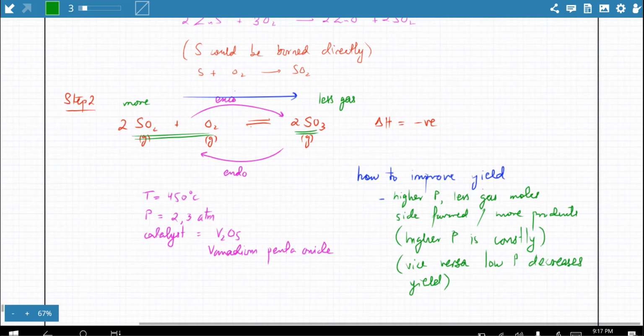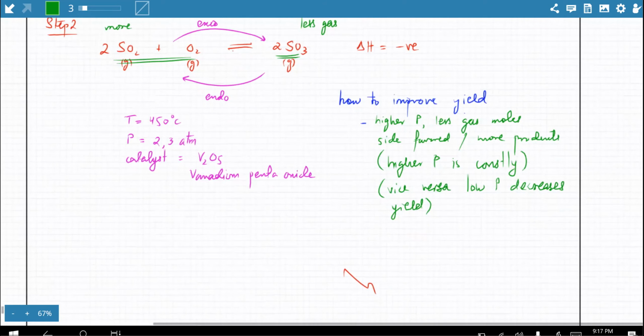The other thing that we could do is we could lower temperature because the forward reaction is exothermic. Okay, it's already mentioned over here. This forward reaction is exothermic. So that's another thing that we could do. Exothermic reactions are favored when you decrease temperature. But we are not going to actually do that. There's a reason for that, which we've discussed before: how do we improve yield? Low temperature. So the exo reaction is favored, which in this case is the forward reaction.